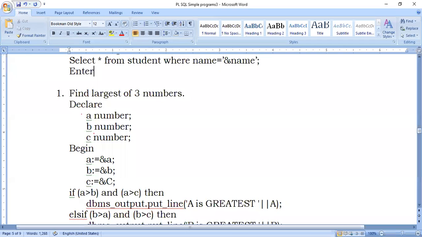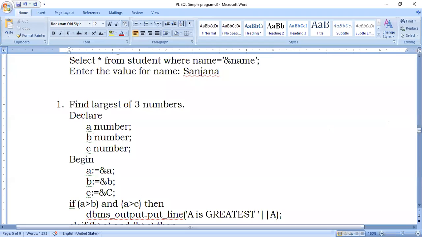You have already tried that. Enter the value for name, and then it will wait for you to enter. So suppose you enter Sanjana, it will display the records of Sanjana. It will display the details of Sanjana.